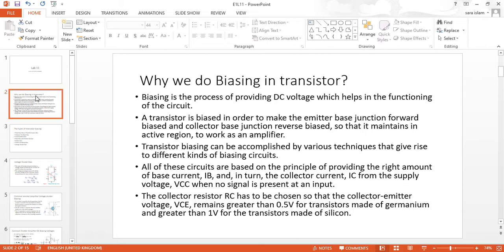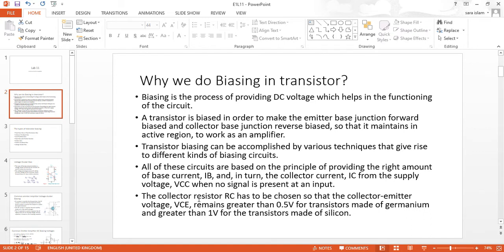DC voltage here is acting like the energy which is provided to amplify that input signal, which is, let's say, in millivolts, and when amplifier amplifies it goes to volts, for example. Okay, so that energy is basically provided by the whole phenomena of biasing, and we set a quiescent point somewhere in the middle region, because if it's not in the middle region, either the upper side of the signal would be blocked or the lower side of the signal would be blocked, not blocked but clipped off, right? Okay, that would also be demonstrated here as well, right?